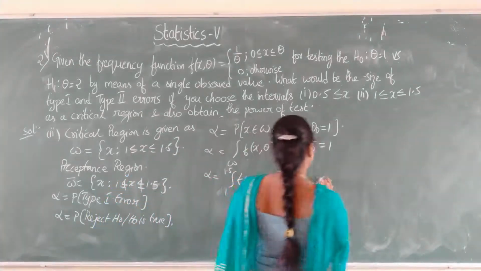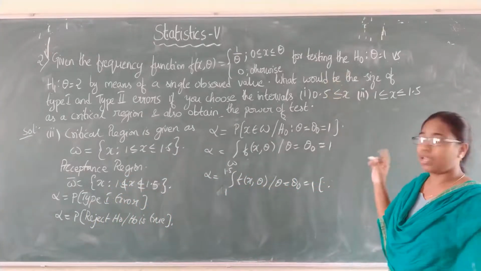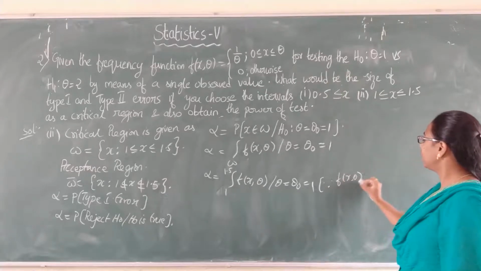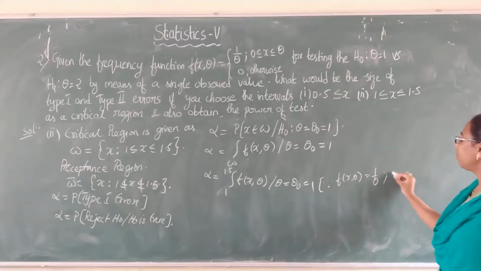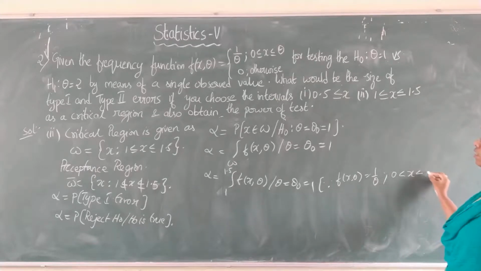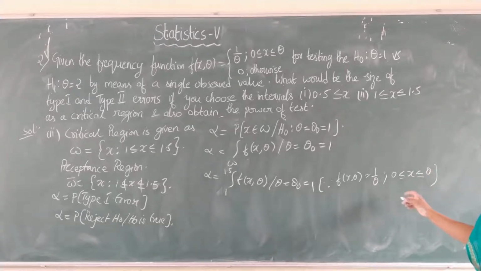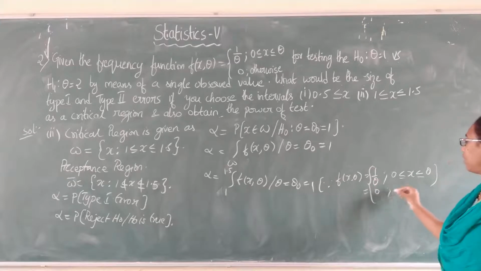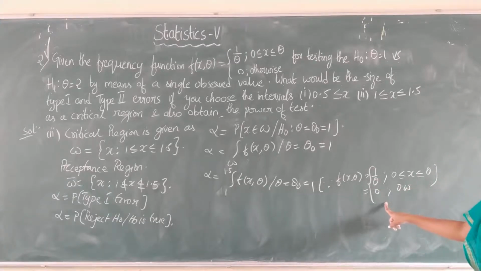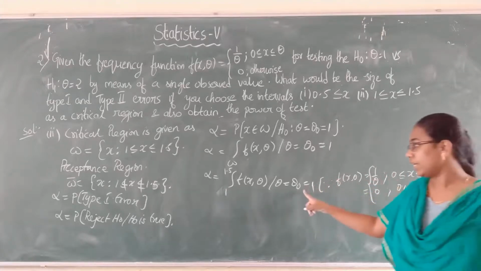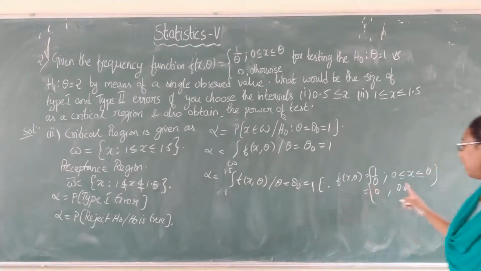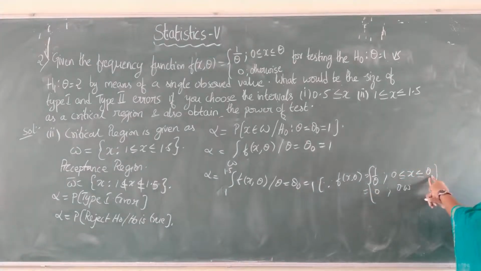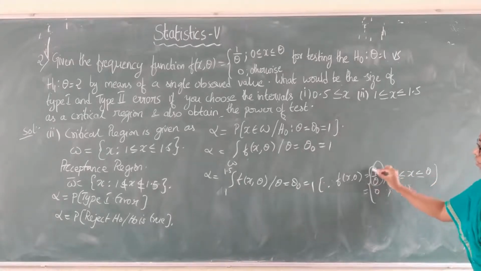So since, if you consider the PMF, f of x comma theta equals to 1 by theta only for the values of x, 0 less than or equals to x less than or equals to theta. So here what is the theta value? Other than that, if you have any value, you will be getting the f of x value as 0. Here our theta value is 1. So 1 means here 0 to 1. If your x value lies between 0 to 1,